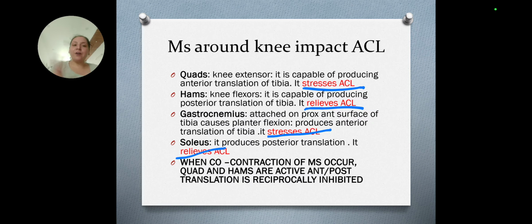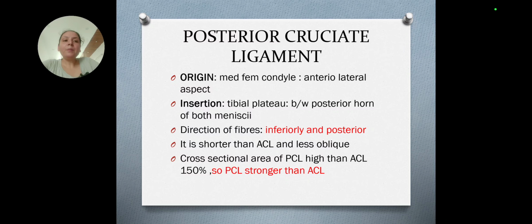So when co-contraction of the muscles is taking place, that is when quads and hams are working together, anterior-posterior translation of the tibia is reciprocally inhibited. Fine. Now if we see the posterior cruciate ligament, it arises from the medial femoral condyle, and its